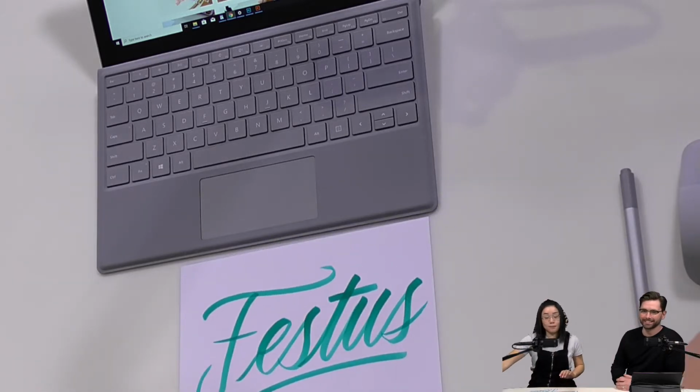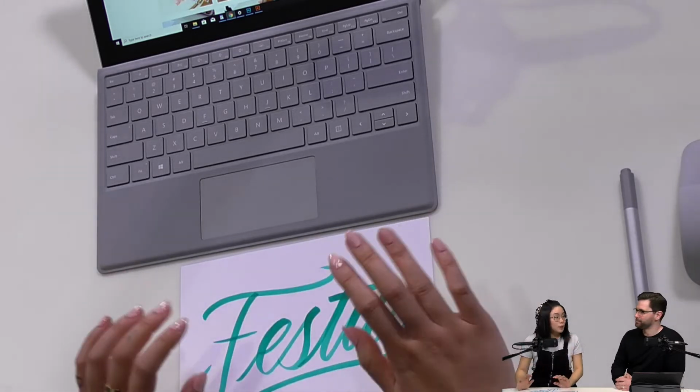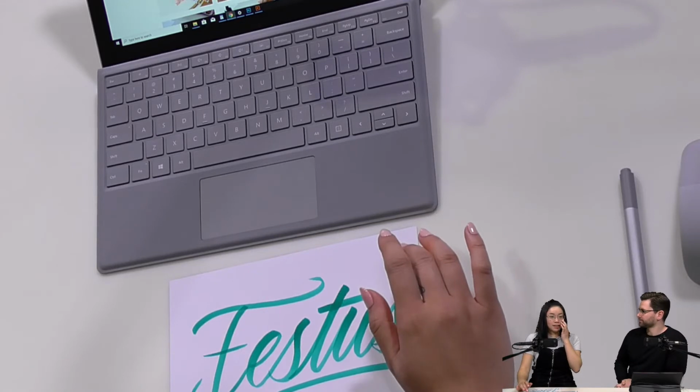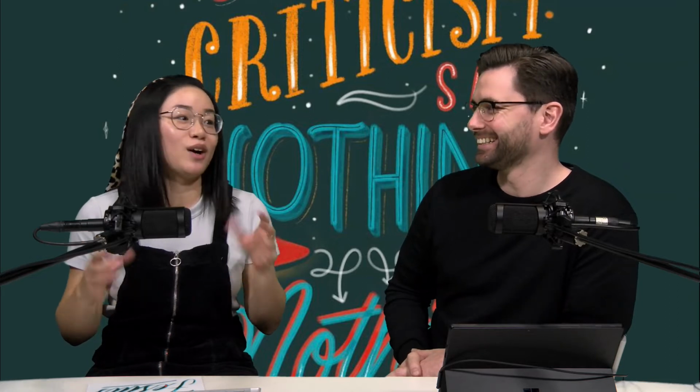But maybe I'll go through the difference between calligraphy and hand lettering. There are so many different definitions on the website. I looked this morning just to make sure, but then I got even more confused. This is what I've learned over the years.